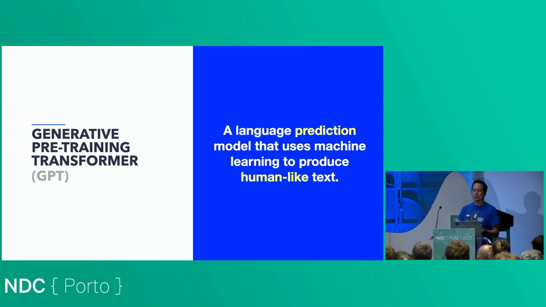And GPT stands for Generative Pre-training Transformer. So this is a language prediction model that uses machine learning to produce human-like text. And you notice I highlighted a couple terms here. This is your clue that this is not AGI. This is not general AI. We're doing predictions, and we're generating human-like text, but we're not doing symbolic reasoning or anything like that. Now, a philosopher might say, well, how do we know that that's not how our brains work, that we're not just predictive models as well? And we don't need to get into that in this talk. That's a whole other talk, right?